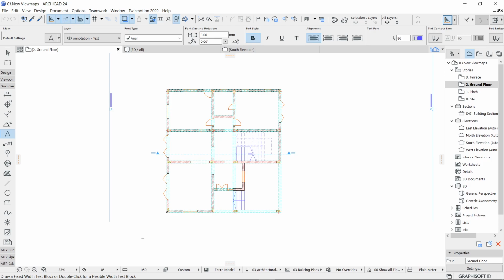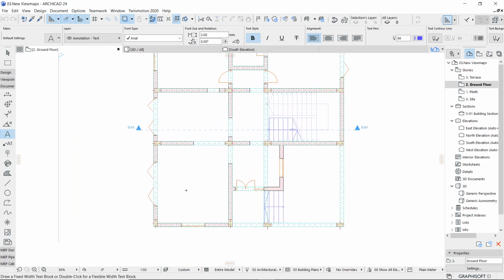But if you work with the fixed width, that means you have to click two opposite corners of the rectangle. The width of the rectangle will become the paragraph width. So if your text crosses that particular width limit, automatically the next text will appear on a new line.